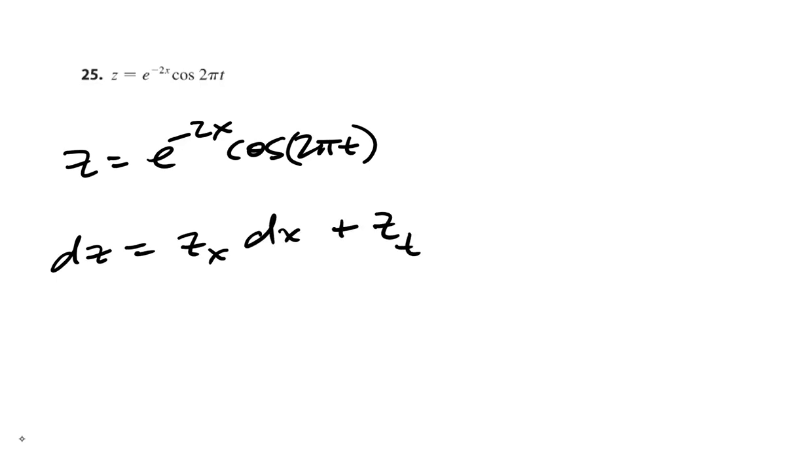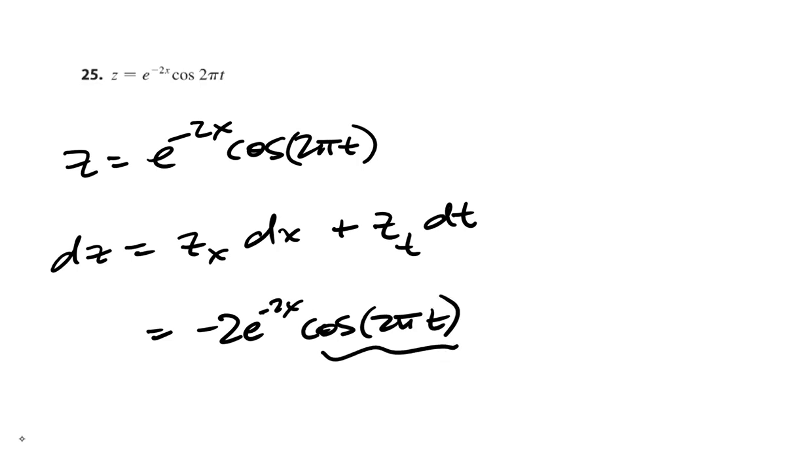In this case, it's t times dt. So this is equal to, z sub x is negative 2 e to the negative 2x times cosine of 2 pi t. This piece here is considered a constant because we're just doing it with respect to x. And then times dx plus